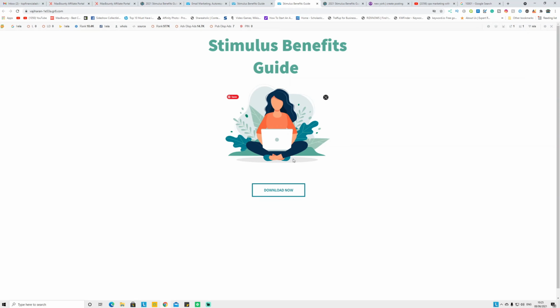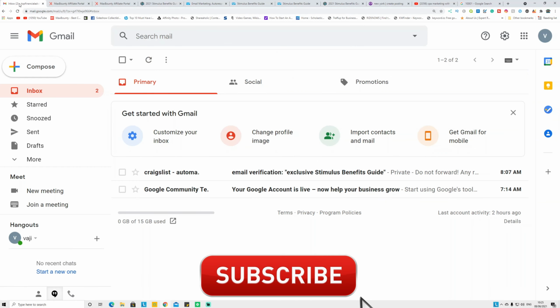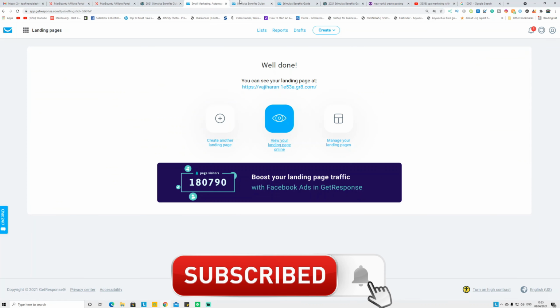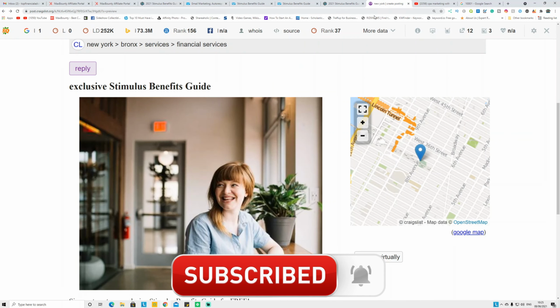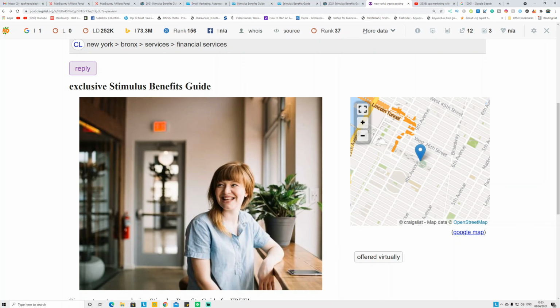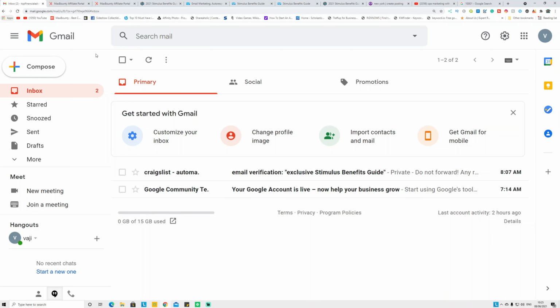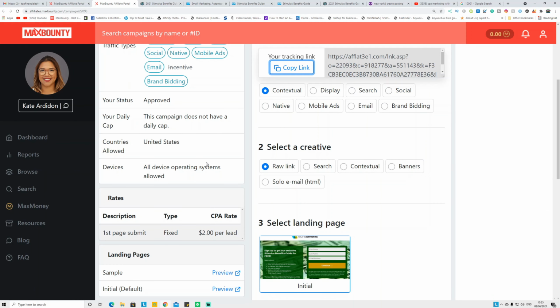Basically, what you have to do is find the CPA offers, create a new Gmail account, and create a free landing page using GetResponse. After that, make a gig on Craigslist and pay around $5 to $10, and your post is alive for 30 days. People start to message you through email asking for the link. Then you send them an email back with your link. Then they sign up and you get paid $2 or whatever the money is for your offers, guys. I hope you still